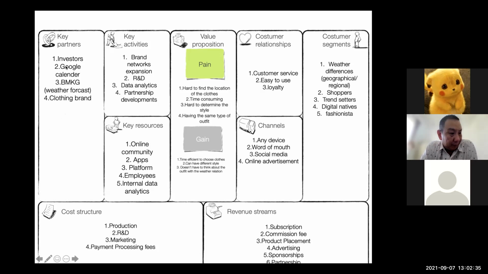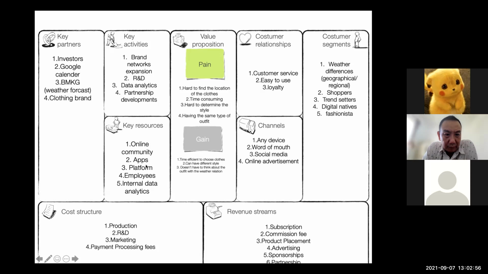Yes, and then the key activities will be brand network expansion, and then there is research and development. After that, there is data analytics to know what to use with calculations, weather, and other things. And then there is partnership development with clothing brand, of course.